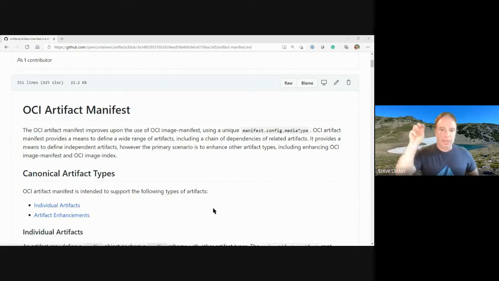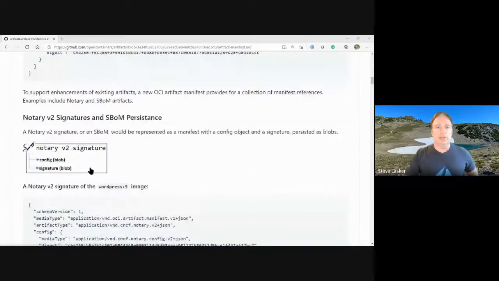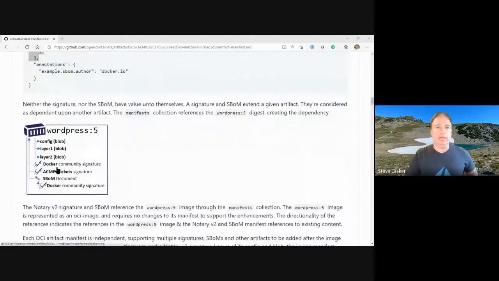This is enhancing the way registries can store stuff that just happens to be this reference stuff, such as a signature or an SBOM. So if we look back at this picture here, now I'm using WordPress here. The WordPress image, this is what we think of today. These are individual artifacts. The idea that they can be linked together is the new thing that we've been focused on.